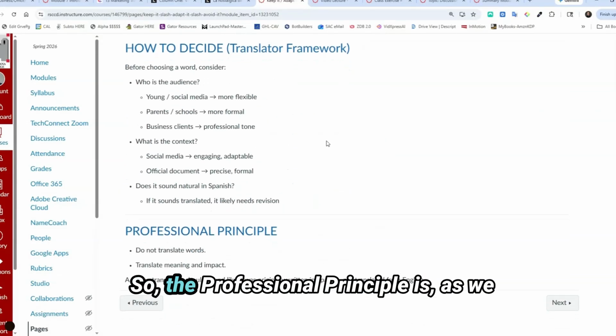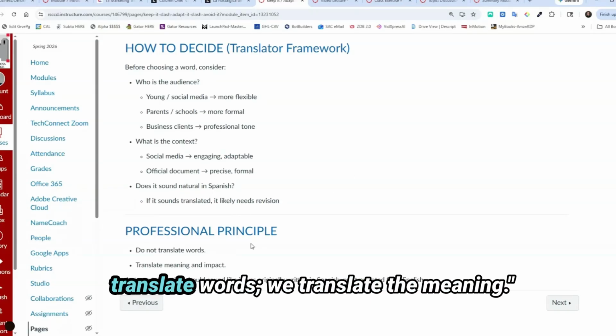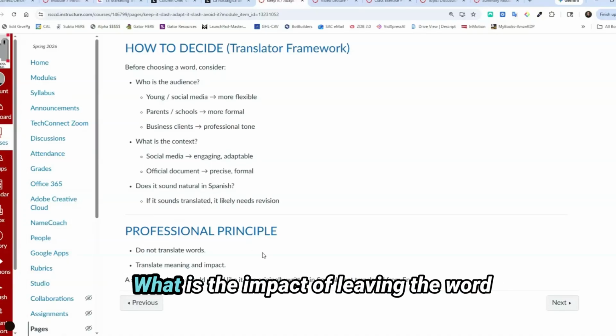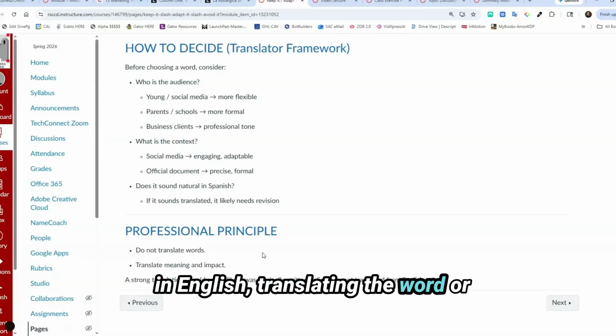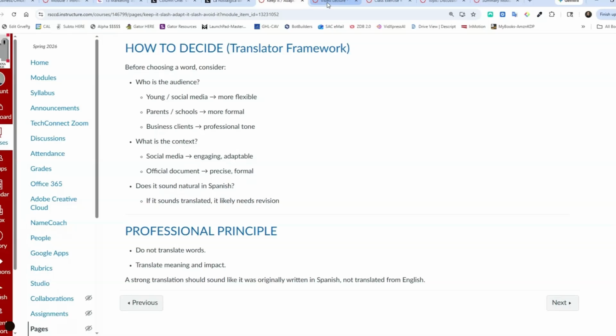And how to decide. So the professional principle is, as we have been saying all along, we do not translate words, we translate the meaning. And in this case, the meaning and the impact. What is the impact of leaving the word in English, translating the word, or adapting it to that specific purpose?